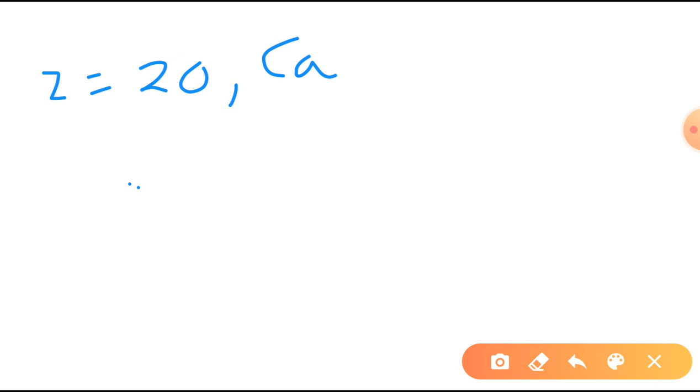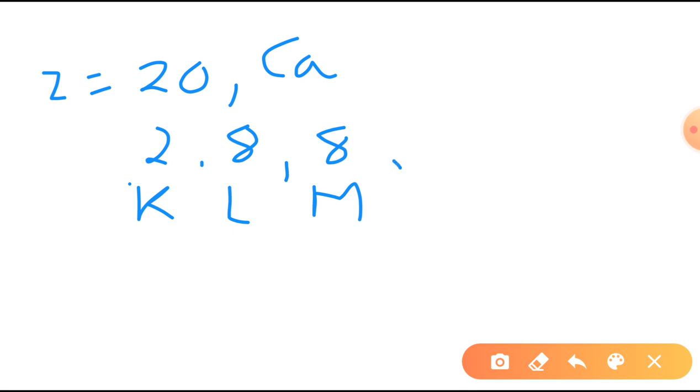For the K shell, I must write 2 because a K shell can have a maximum of 2 electrons. It's time to fill electrons in the L shell, where I will place 8 electrons because 8 electrons can be placed there. After the L shell, we have M. In the M shell, students, we can still fill 8 electrons because it will sum up to 18, and we still have electrons that will be transferred to N. The sequence is K, L, M, N. Here you will write 2 more electrons. So this is the electron distribution in calcium, and you call it the electronic configuration.